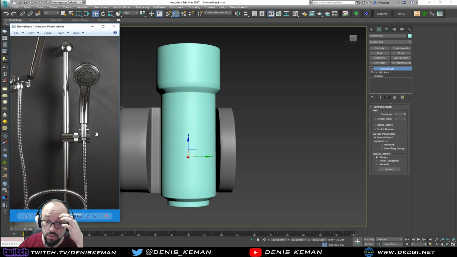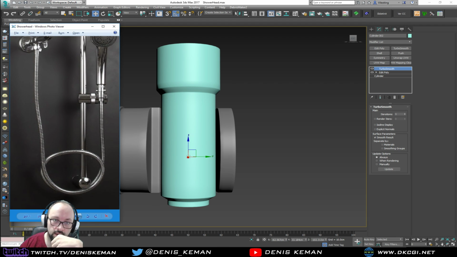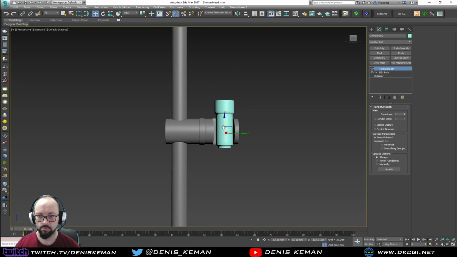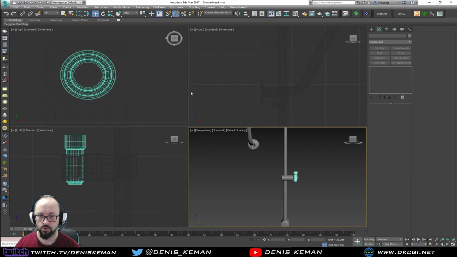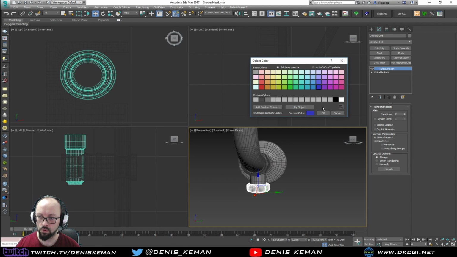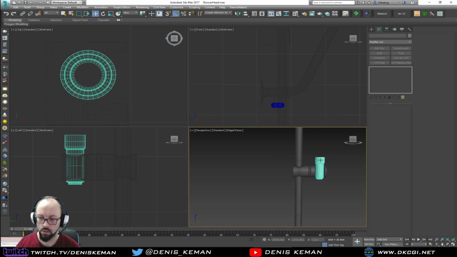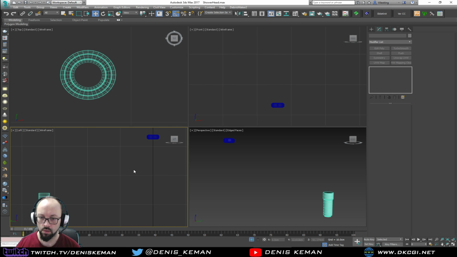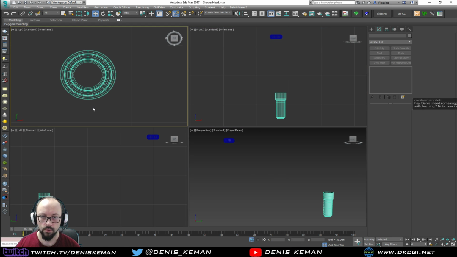Okay, so this is the part that we have here. Now I want to create this piece, the hose that goes in here. So this is not that hard either. So first what I'm going to do is, just so I know what the hell I'm looking at, let me get this piece and give it a colorful color so I can see. These two, isolate them both. All right, so